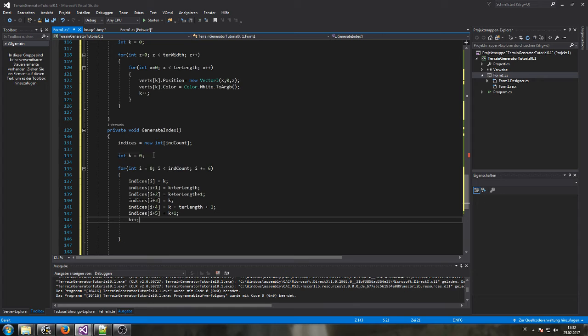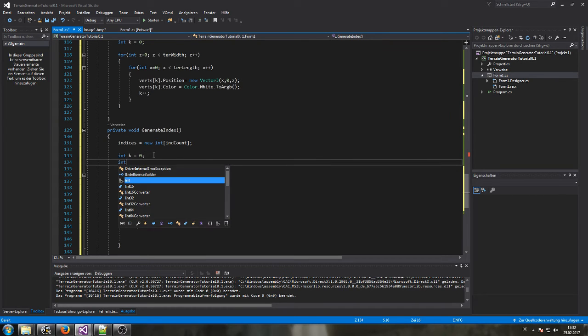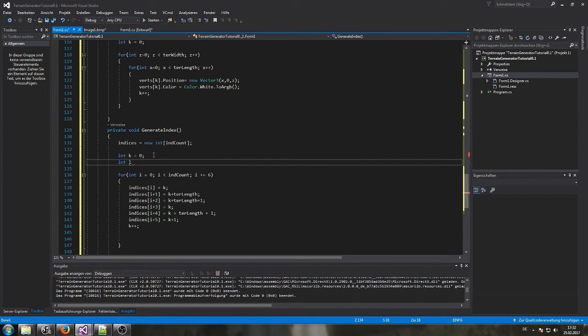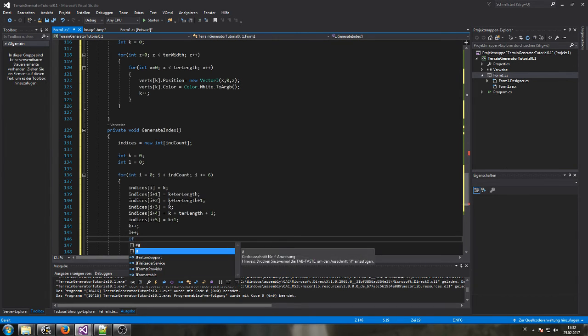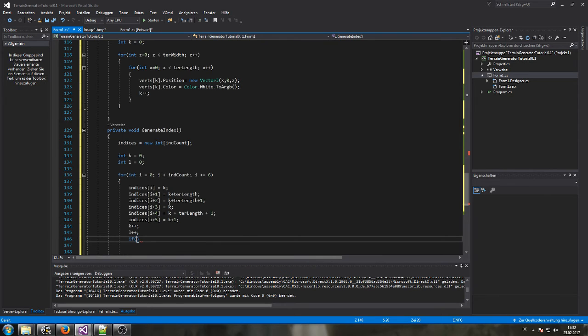Therefore we need another one, I call it L for the length, and we simply always next to k count up the length of our terrain, and as soon as this length L equals actually the